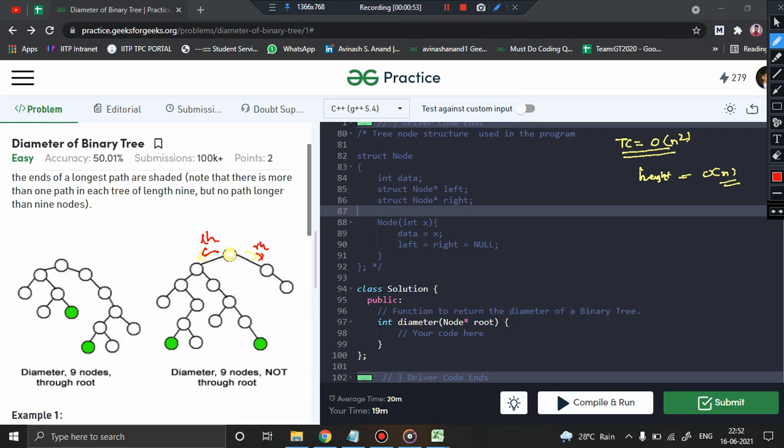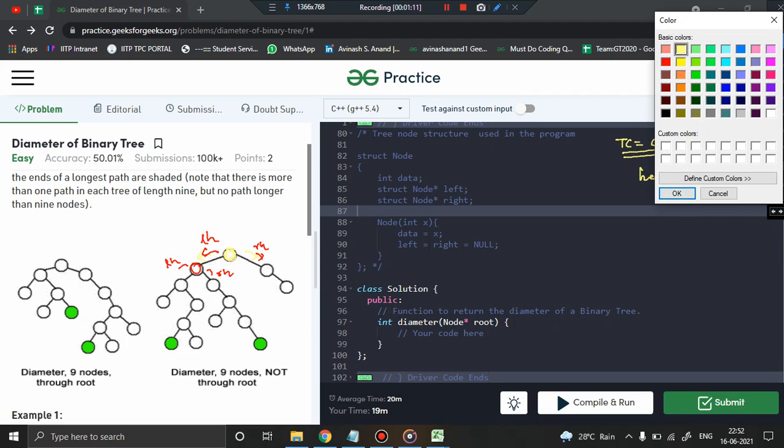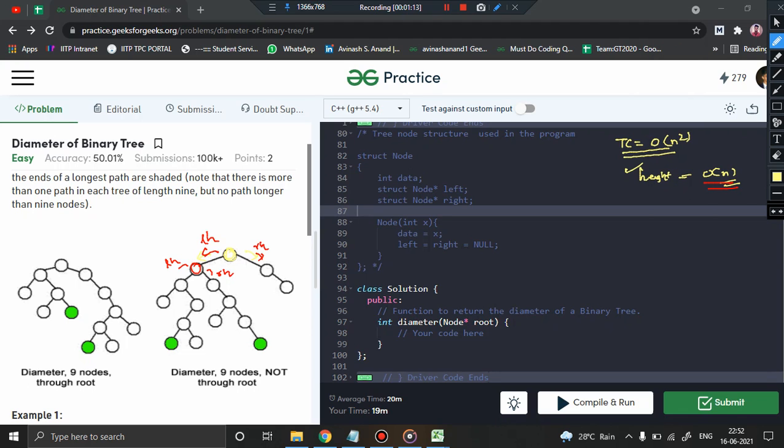So this way you can see that at every node we are computing the height of the left subtree and right subtree, and we know the height takes order of n time to get computed, right? The time complexity of computing the height is order of n. Now if at every node you are calling this particular function height, then total time complexity is nothing but order of n into number of calls, which is order n. So basically order of n square is the time complexity of the problem that we discussed in the previous video.